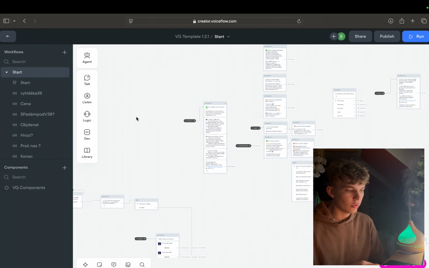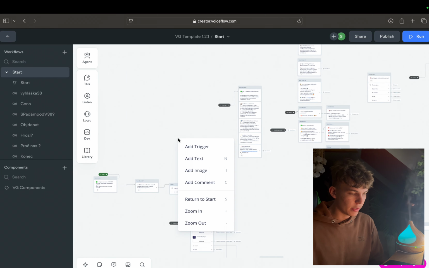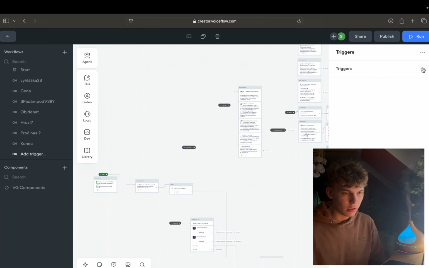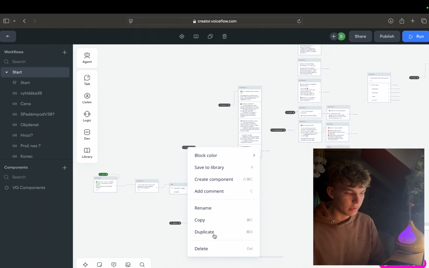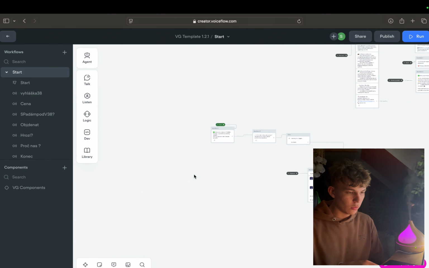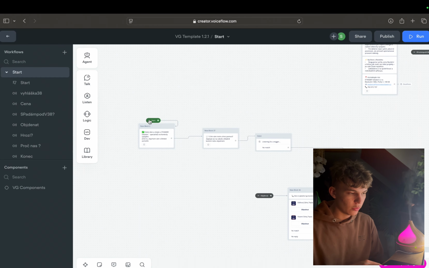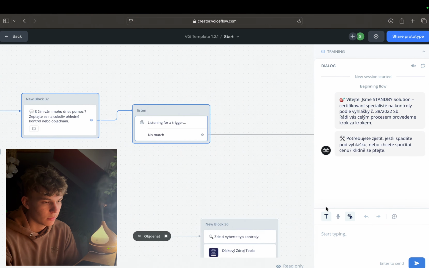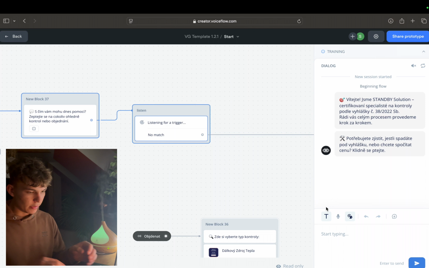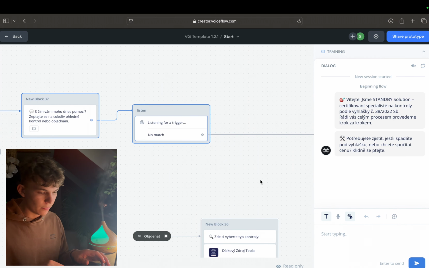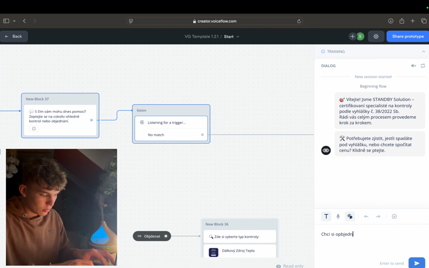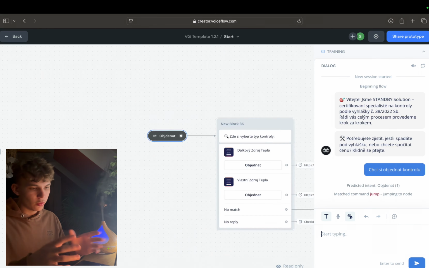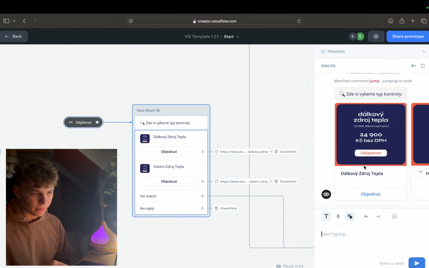So this is how intents work, and how you add them is you right click, add trigger, triggers, intent, and then you just create an intent. Simple as that. So boom. So this is what it does. Let me actually show you. It types the message blocks, and now it's listening, right? So for example, I want to book your service. Boom, it jumped to the intent